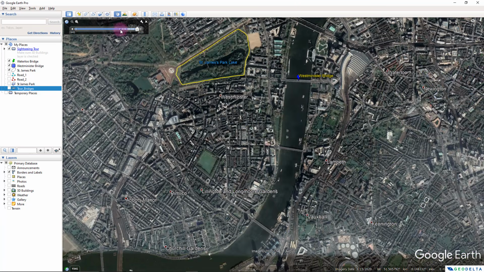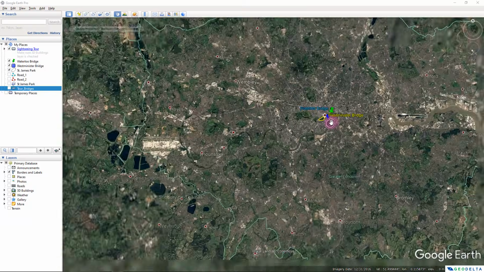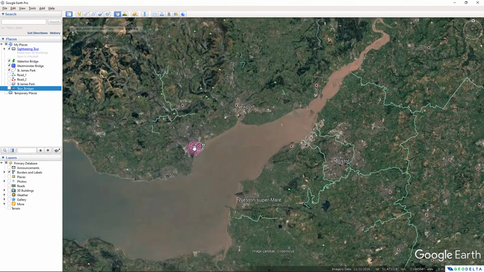And these vertical marks that you see over here in this timeline are actually the times in the history for which those past information is actually available. And also the availability of these historical images can also be limited depending on the geographical location. Now for example, if I wanted to zoom into a different place, let's say if I zoom into Cardiff over here,